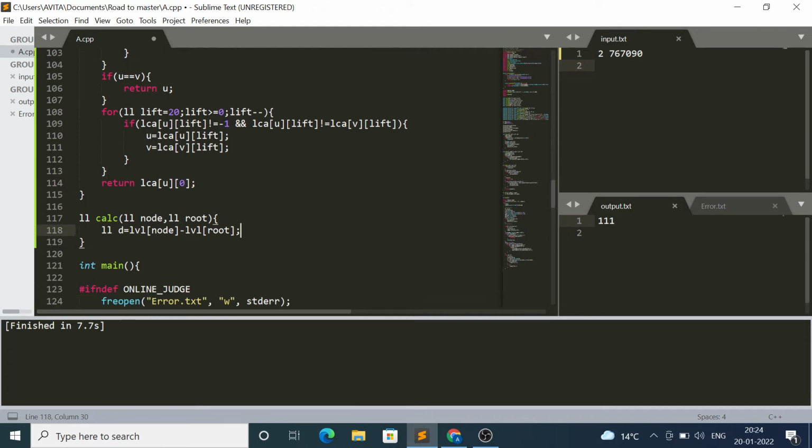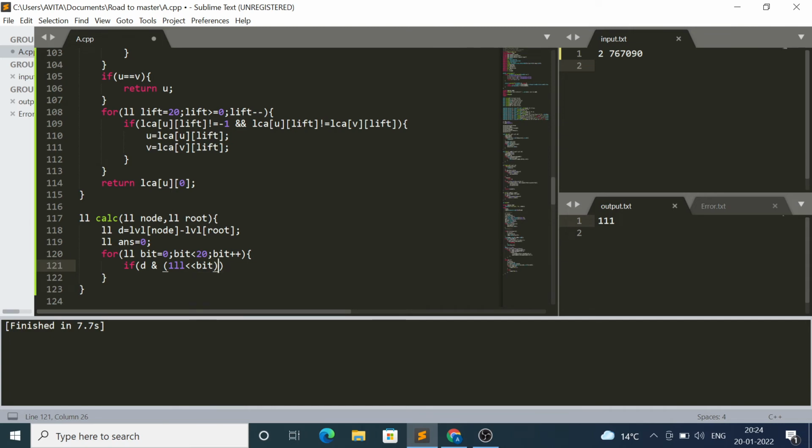D equals to not parallel. Okay, now the current answer should be equal to 0, for bit equal to 0, bit less than 20, bit plus plus, if D and 1 slash bit,